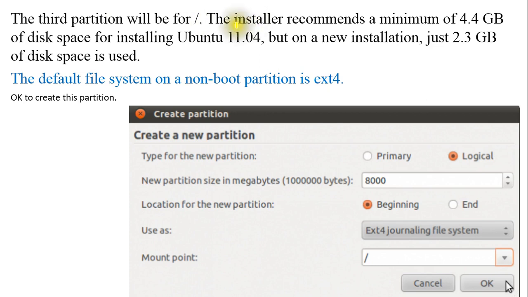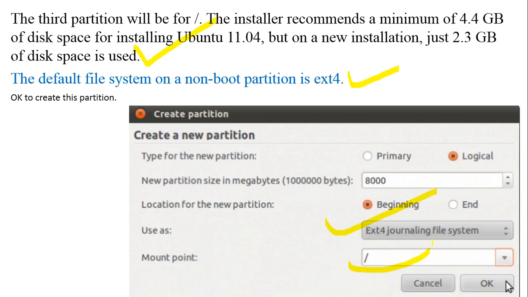The installer recommends a minimum 4.4 GB of disk space for installing Ubuntu 11.04, but on a new installation just 2.3 GB of disk space is used, and the default file system on a non-boot partition is ext4. Now we will create it here, so you can give as much space as you want to give. So here you will have to use the file system and mount it to